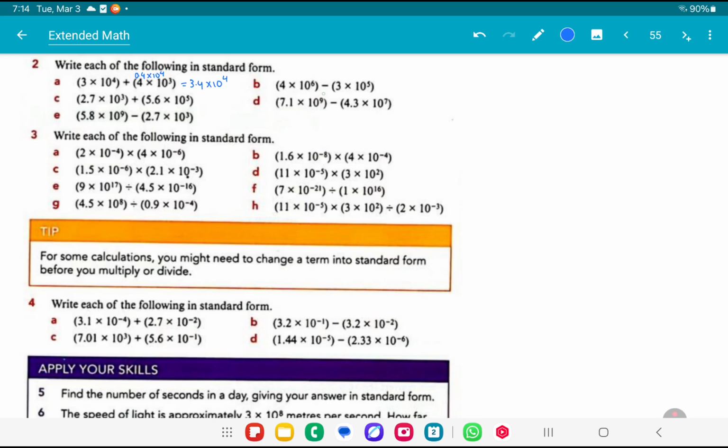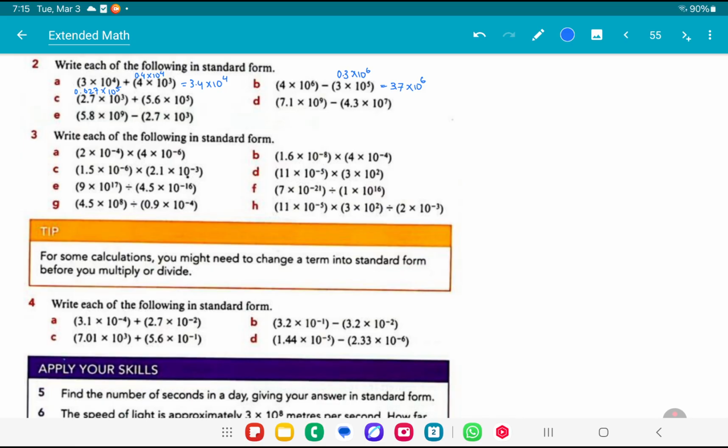6 is bigger than 5, so we change to 0.3 times 10 raised to the power of 6, and the answer is 3.7 times 10 raised to the power of 6. For question C, 5 is bigger, so we change 2.7 into 0.027 times 10 raised to the power of 5, and we